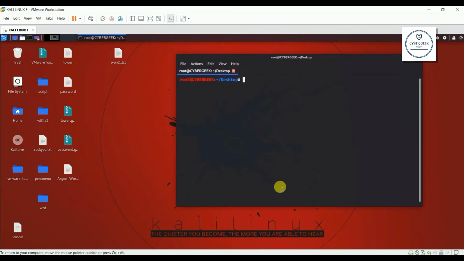So how to create the strong one? You can just keep crunch. So let's take, for example, our Wi-Fi password. The minimum is 8 letters, we all know, and the maximum we can go to is 12. Let's assume it's 12. You don't have to give any letters over here. We don't want to specify what it contains or doesn't contain. Just leave it blank. Just give dash o and type word2.txt.